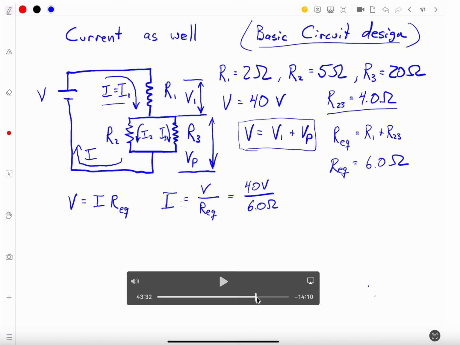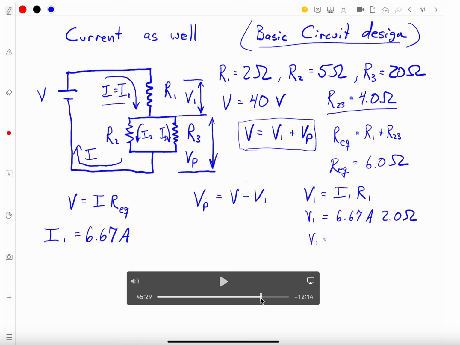Our V is 40 volts. Our REQ is 6 ohms. And that gives us 6.67 amps. So we'll put that off to the side as I1, and it's also our total I. And we want to know what